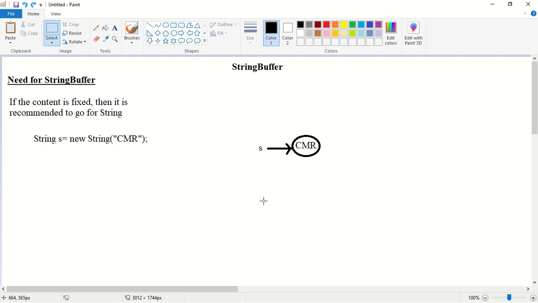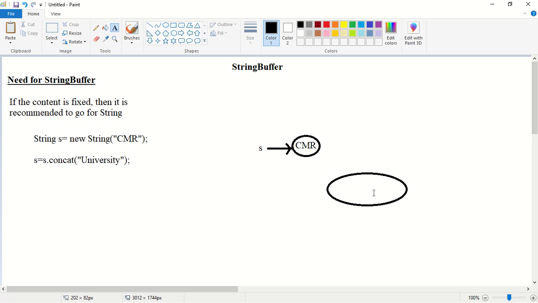So now what I will take is s = s.concat("University"). So here what are we doing? Here we are changing the value of a string. So what happens if we try to perform changes in an existing string object? If we try to perform changes in an existing string object, a new string object will be created with that change. So here it will create a new string object.